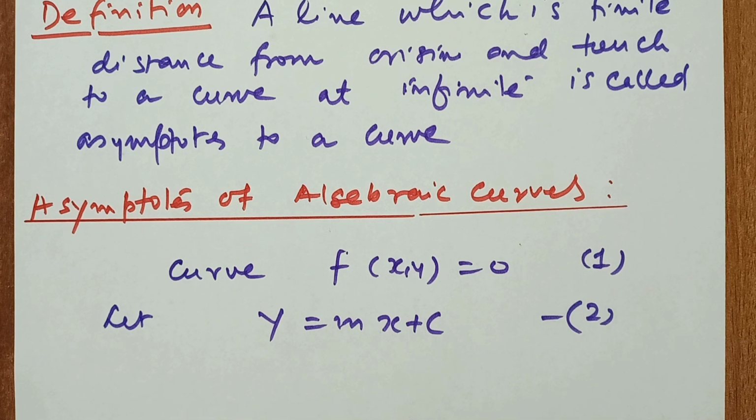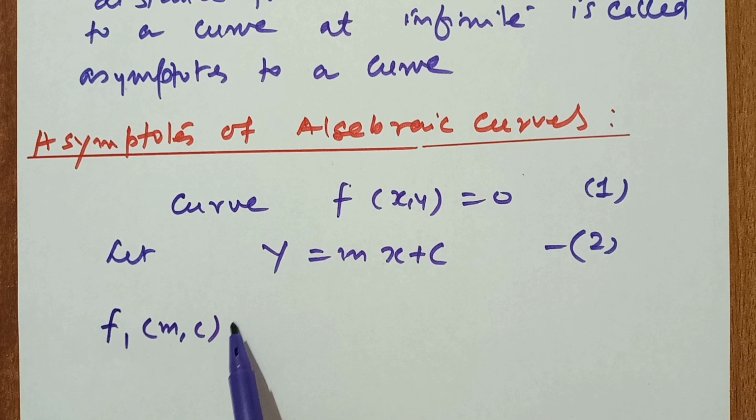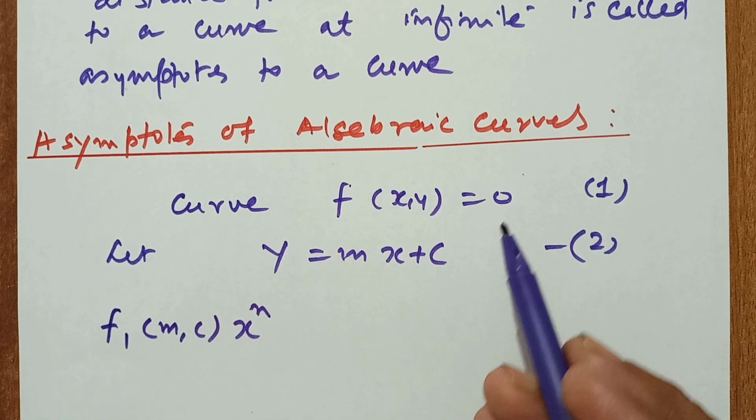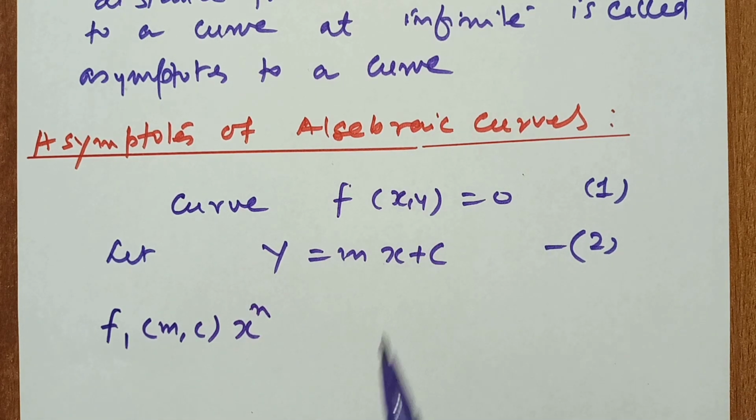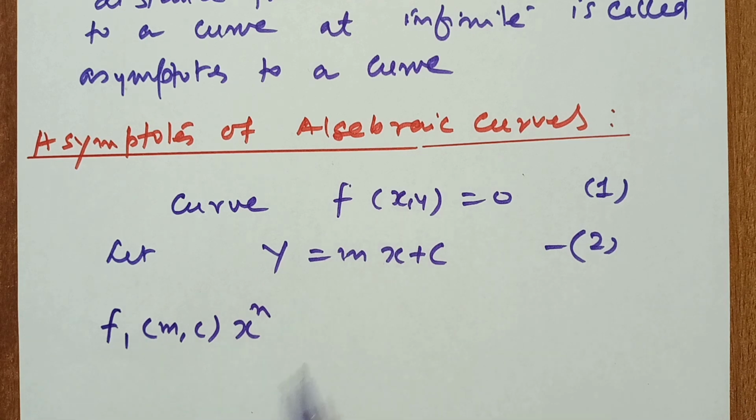So what is the working rule? First we will put the value of y in the given equation 1. Okay, so we get an equation of the form f1(m,c)